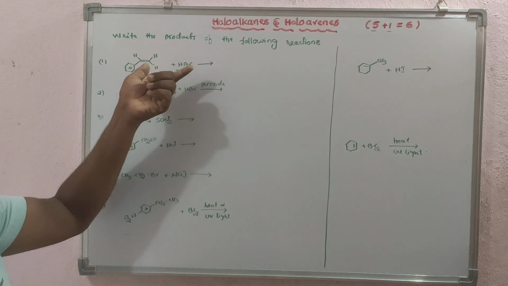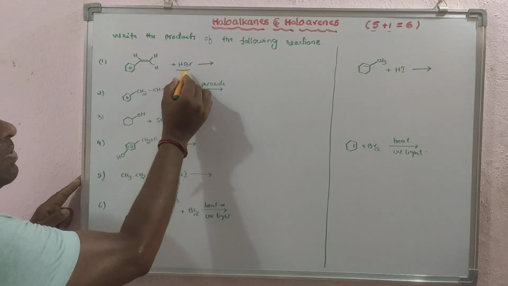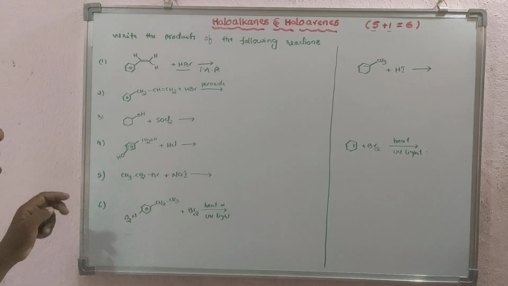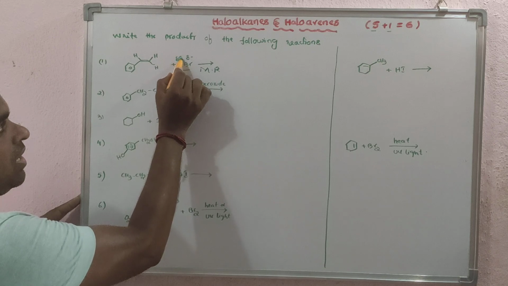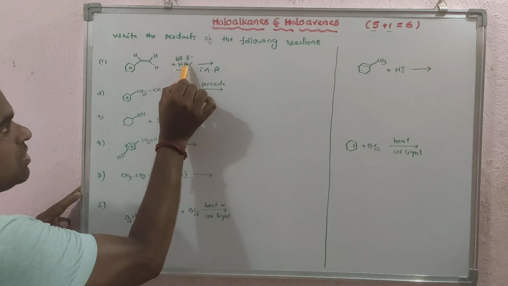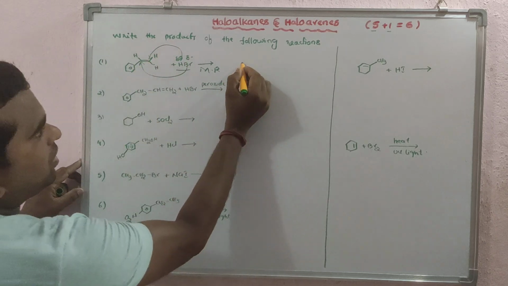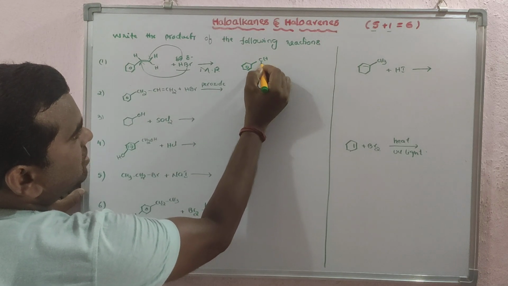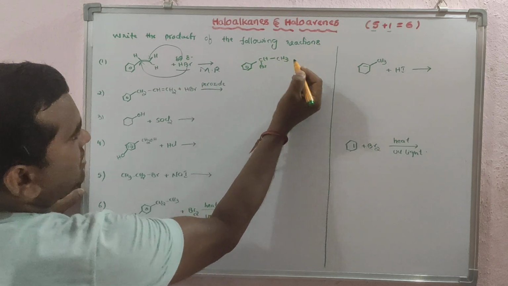Alkene and HBr. Clear? Addition reaction takes place. You know that alkene and HBr addition follows the Markovnikov rule. According to the Markovnikov rule, the negatively charged ion attaches to the double bonded carbon where the number of hydrogens is less. So here 2 hydrogens and here 1 hydrogen. So bromine will be added here and hydrogen will be added here. Then what product will you get? You will get the product C6H5-CHBr-CH3, where the double bond becomes a single bond.